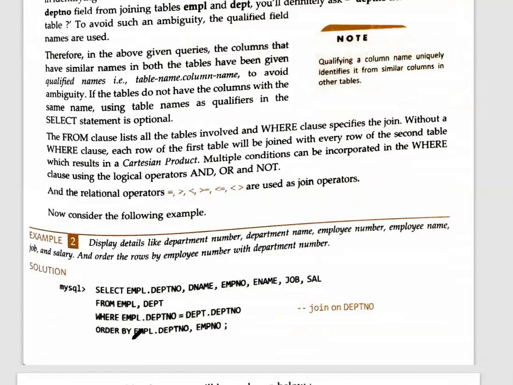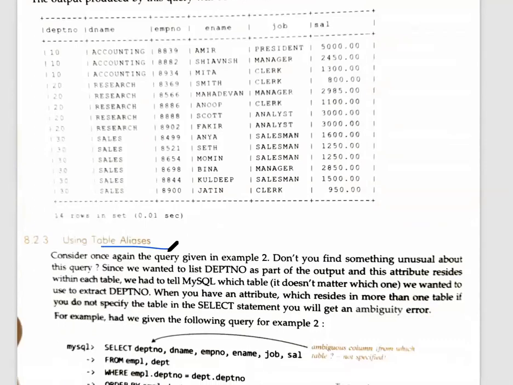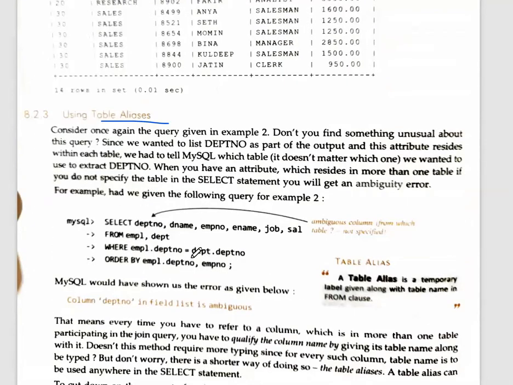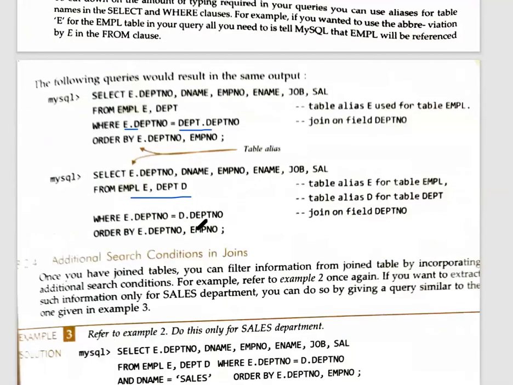See, this one we have already discussed, the order by clause. Then after this is the output. How to create a table alias, just now we have discussed. You can see over here, no alias was created, and here you can see EMPLE, and for DEPT they have not created. So if they have created, they can use the short form. If not created, they have to use the complete table name. They can even create for both, and then they can use both.